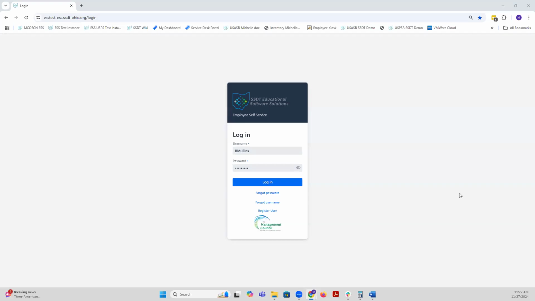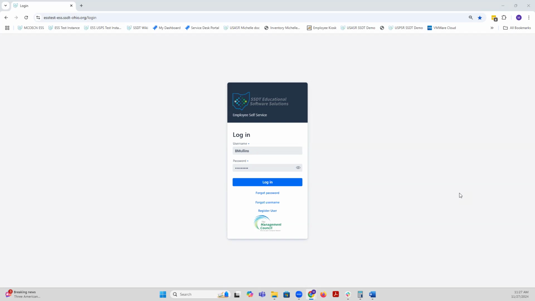Recording provides an overview of the additional features and options available to an ESS user with the approver role. All ESS users by default are granted the user role. However, for more information on the options available to all users, please review the user role recording in the November